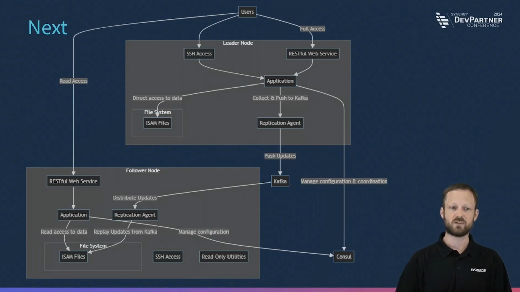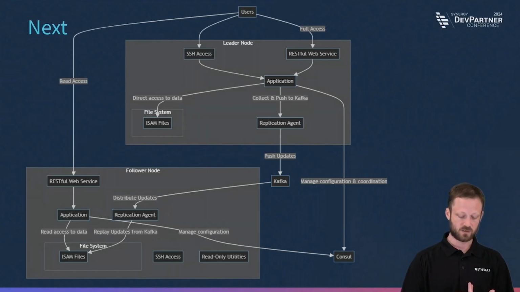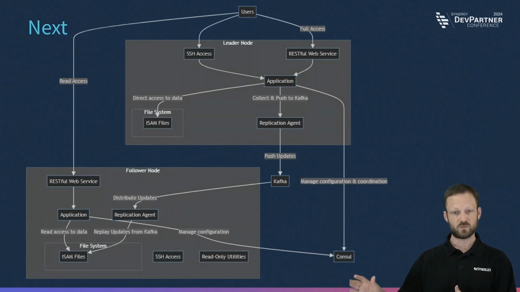So what does that let you do on that follower node? That gives you read access. So anything where you don't need to write data, anything where you don't need to use those ISAM locks to keep others out in their write scenarios, you can run those on this follower node. And we'll get into next steps where we relax those requirements. But for now, that's what they are in this intermediary step.